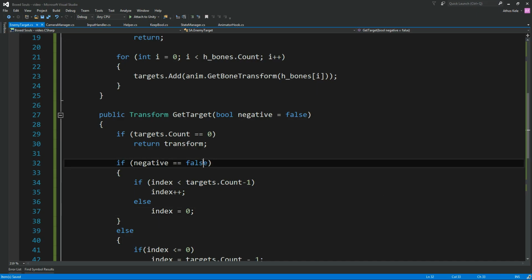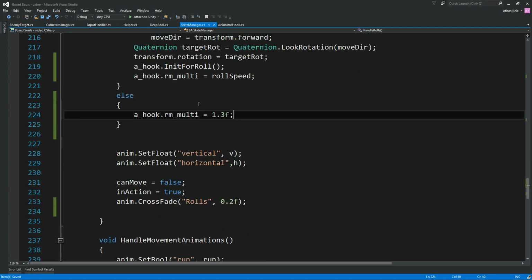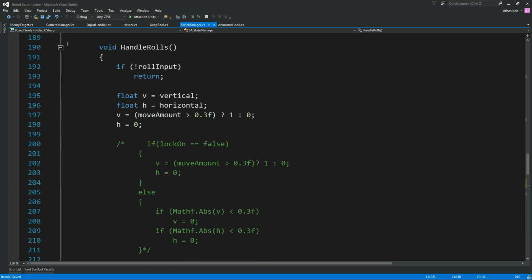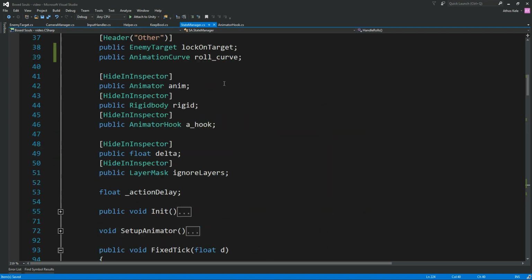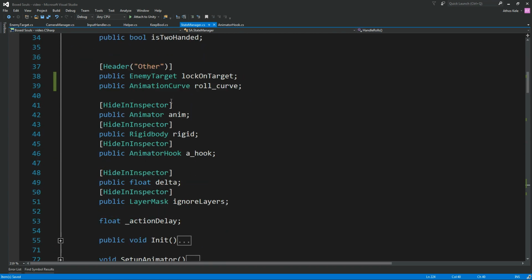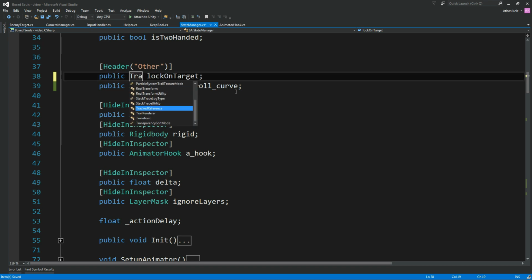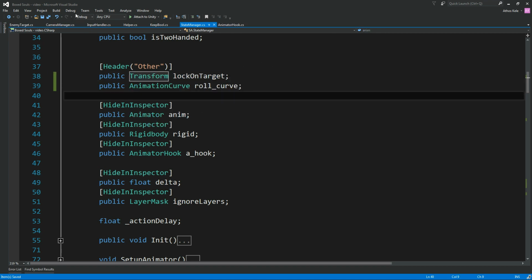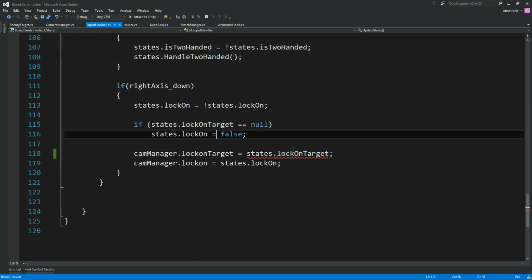So we also need to fix that, and to do that on the state manager, actually before we go to the state manager, we can just simply go on our input handler, or maybe, yeah, just pass a transform in here instead of your lock on target, and on the input handler instead of getting it from